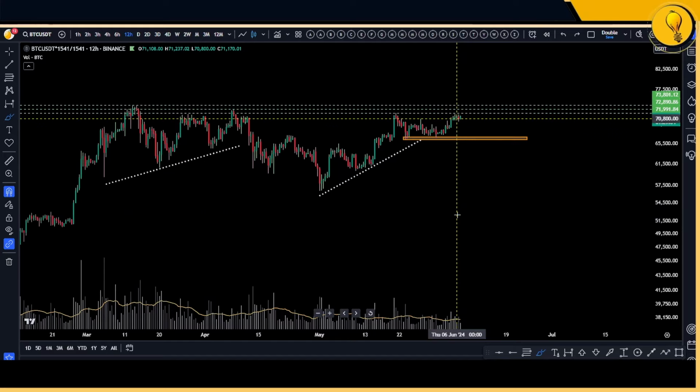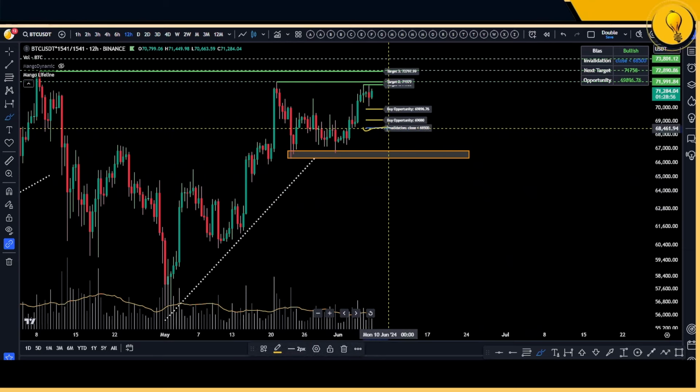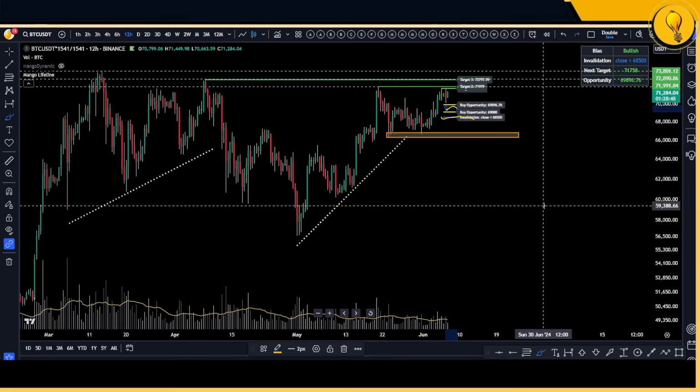Well, that's what I showed you guys at the beginning of the video. Simply turn on your Mango Lifeline and use this area over here, your invalidation at 68,500, to get into your position, right? You could wait for the buy opportunity at 68,900 or 69,000, wait for the zone over here. That's going to be on you. Okay, I'm not going to tell you whether to get in over here or wait for the buy opportunity, because